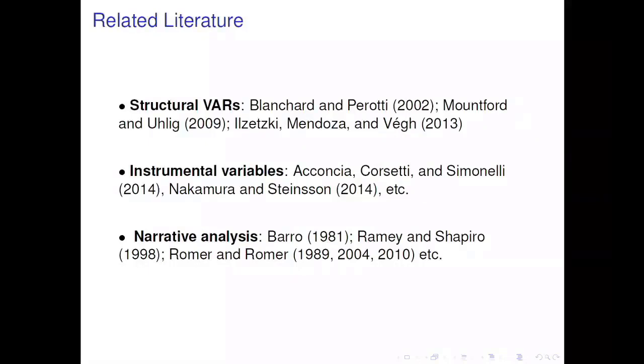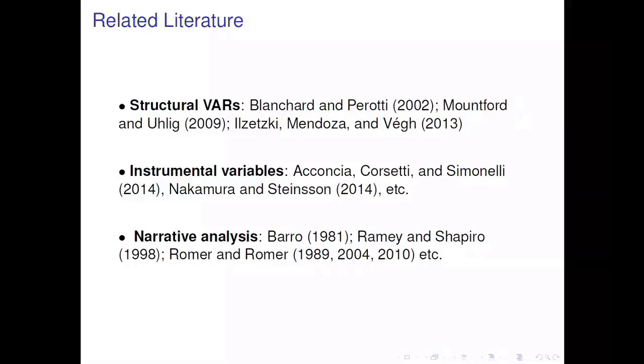What's the related literature? Well, the related literature on this aspect can basically be divided into three categories. And the idea is basically emanating from identification. How do you identify the effect of government expenditure on economic activity, because these two things are highly endogenous, right? You want to be spending more, but you might be just spending more because you're having a recession. So how do you disentangle what the effect of government spending is on economic activity? And there are three key ways the literature has done that.